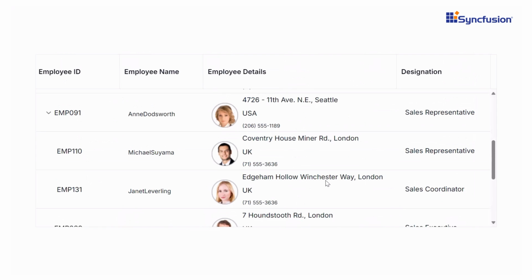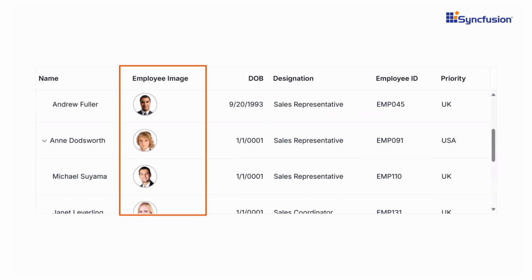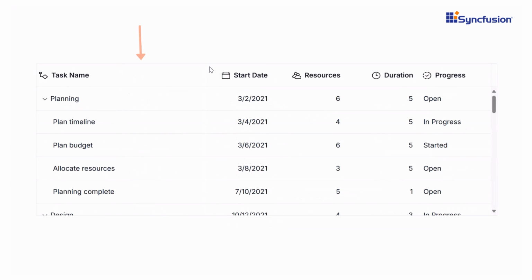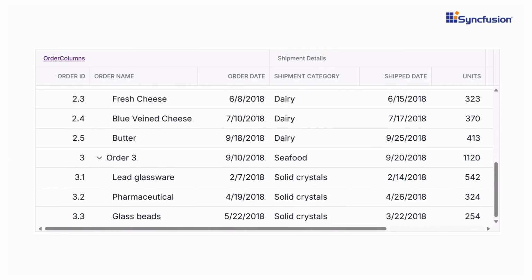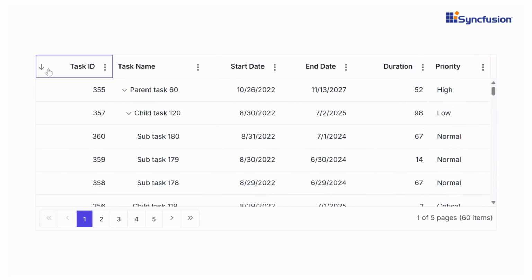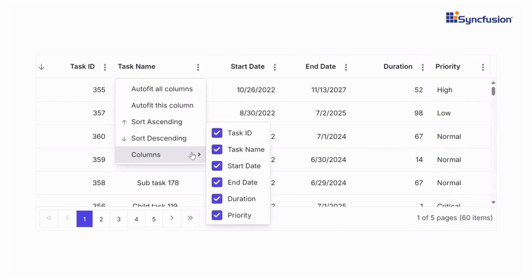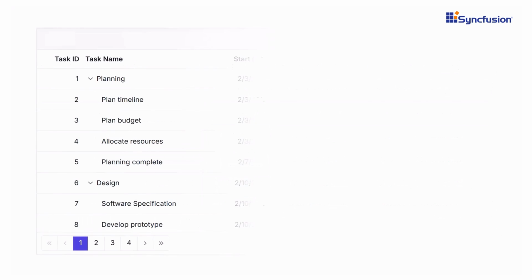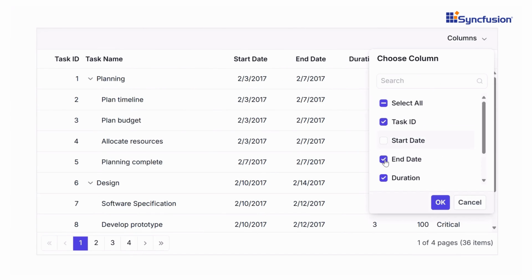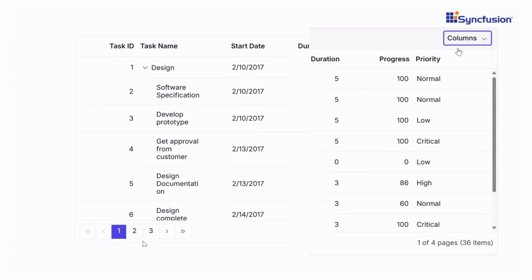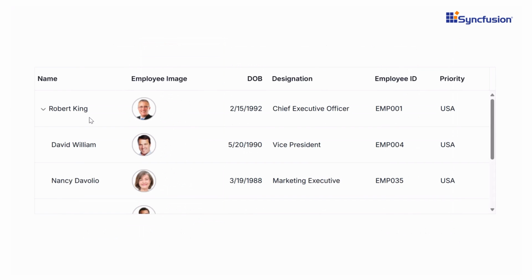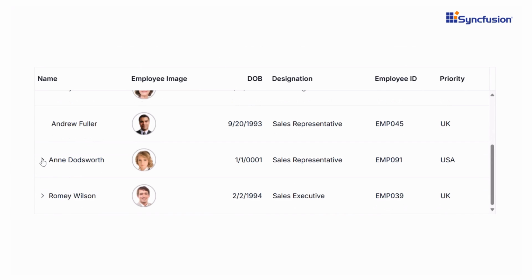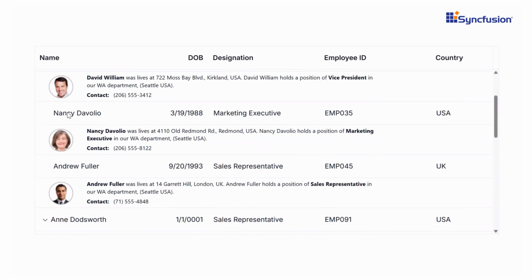Customization is at the heart of TreeGrid. Use templates for rows, columns, or headers to create unique layouts. Stacked headers help organize related columns under a single heading for better clarity. Column menus allow users to sort, filter, or toggle column visibility in one place. Need dynamic customization? The column chooser makes it easy to show or hide columns, while auto-wrap ensures long text fits neatly within cells. Want to go further? Column templates let you add buttons, images, or any custom content, and detail templates allow expanding rows dynamically to display